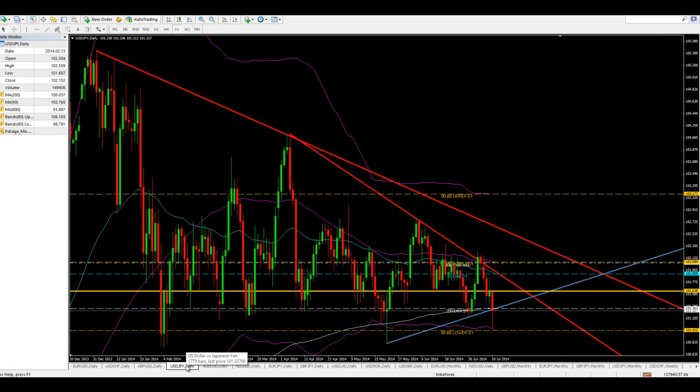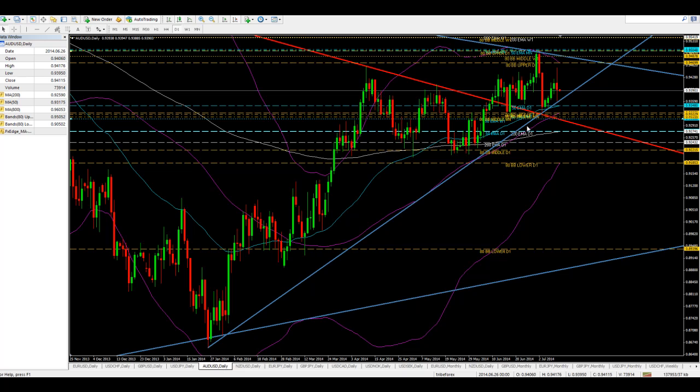Dollar yen. Now, the yen pair seems to be, the yen continues to strengthen. We're below 101.36, which is our 200 EMA on the day, and also below our trend line. So 101.36 is actually our area of resistance. So I'm going to look for price to come back to 101.36. We're actually right there, very, very close to it, and this is going to be used as a selling point. I'm going to look for price to come back down to 101.05, or 101.01, or 101.00. That's what I'm going to look for. I'm going to look for a play between those two areas on the dollar yen. So I'm looking for a sell on the dollar yen.